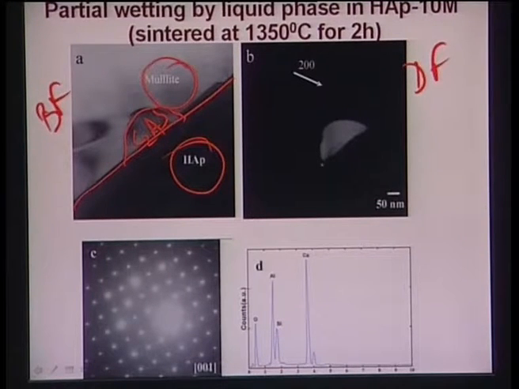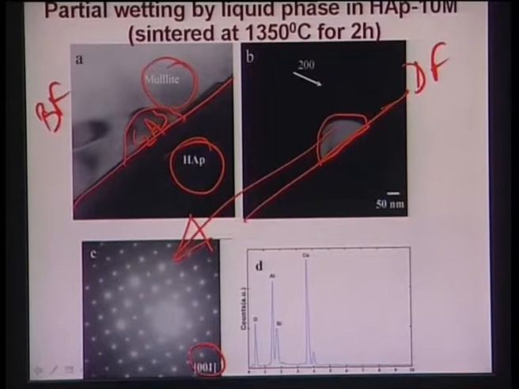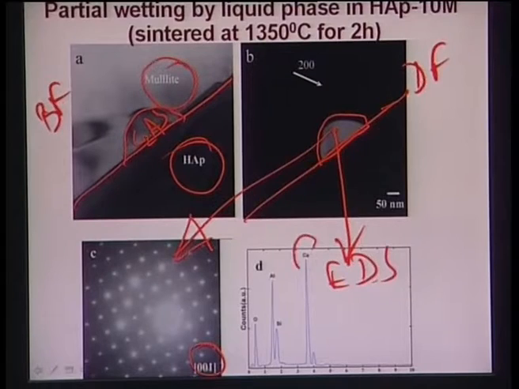Now essentially what it shows you is the partial wetting of this grain boundary by the C2AS phase, and if you take a selected area diffraction pattern of this C2AS phase, then this is the 001 zone axis, and along that you can find that there are spot patterns, so again this C2AS phase is crystalline in nature, not an amorphous phase. Okay. Another thing that you can notice is this EDAX spectra that you can get in the TEM from the C2AS phase. It shows a strong calcium peak, because it is 2 CaO. So that means the calcium peak should be strong.